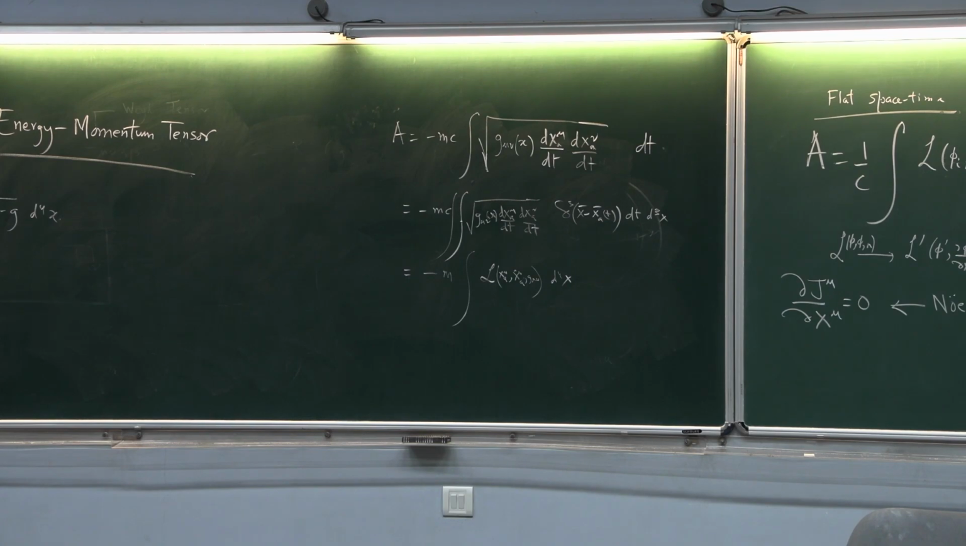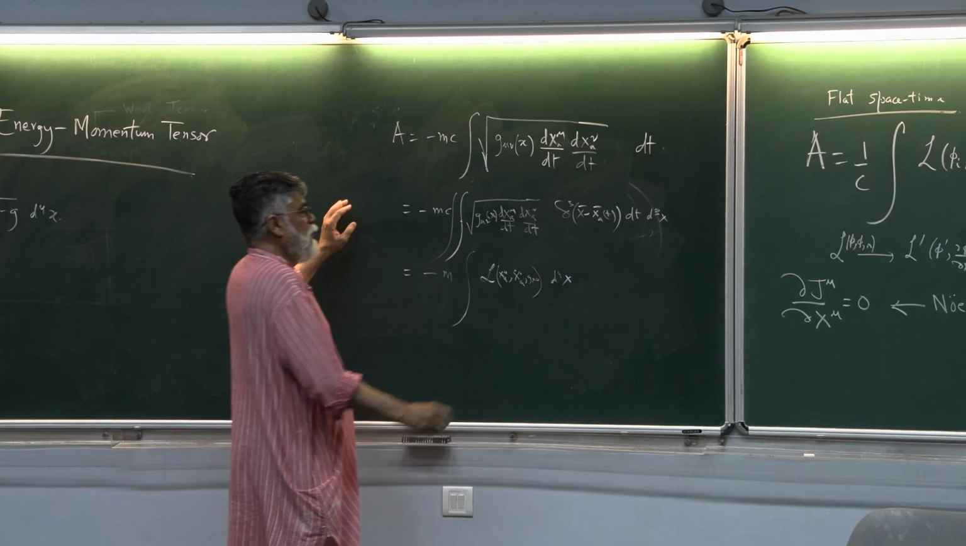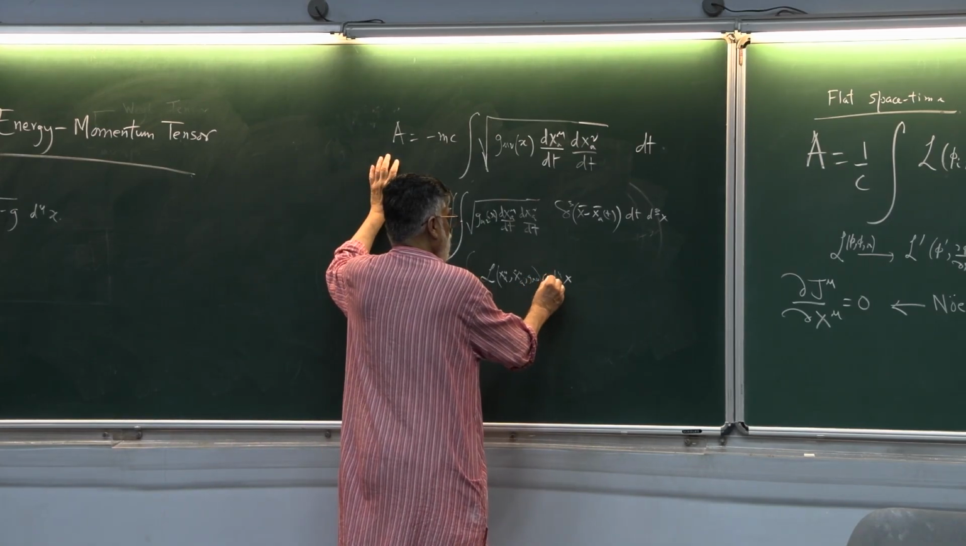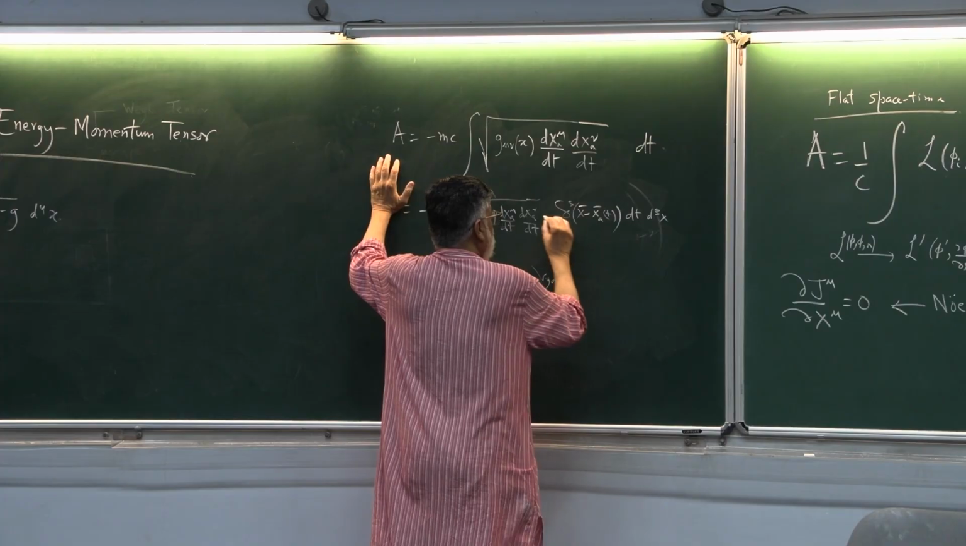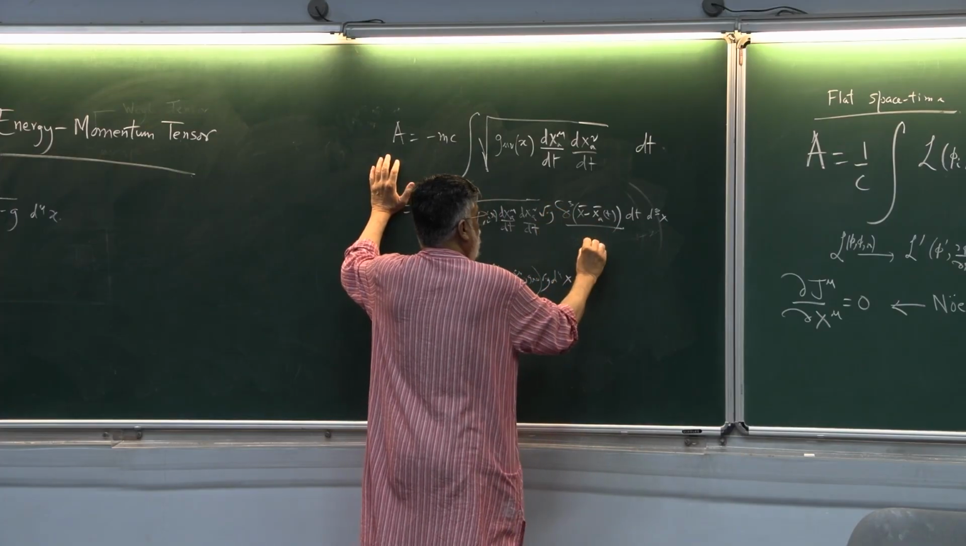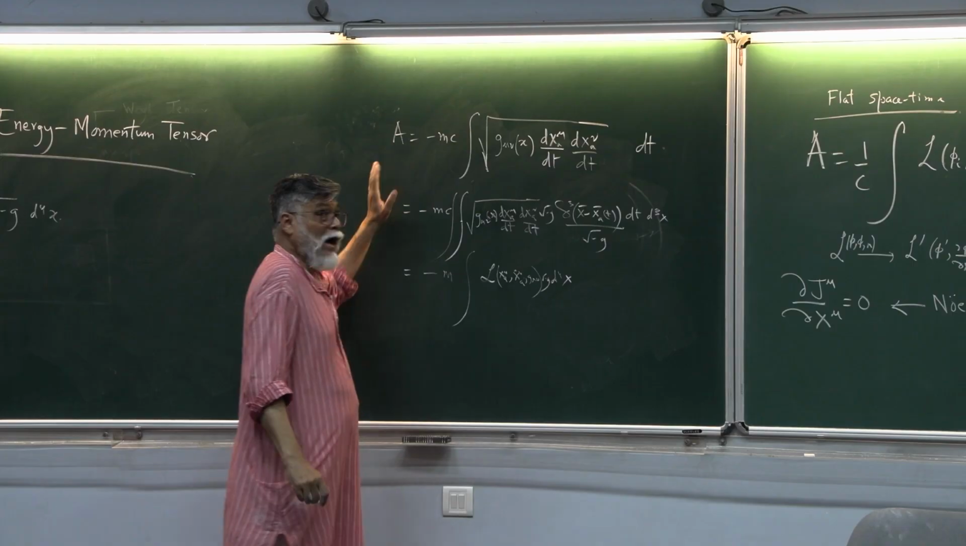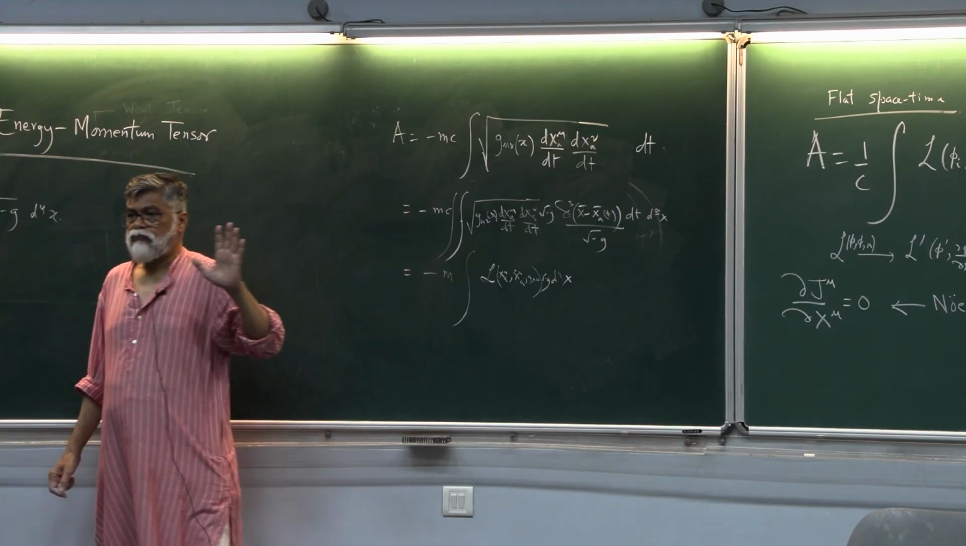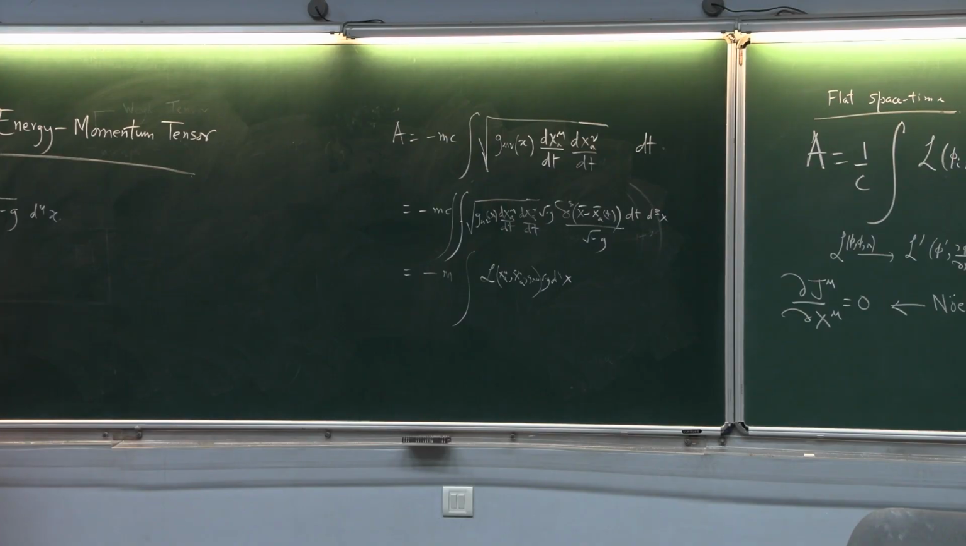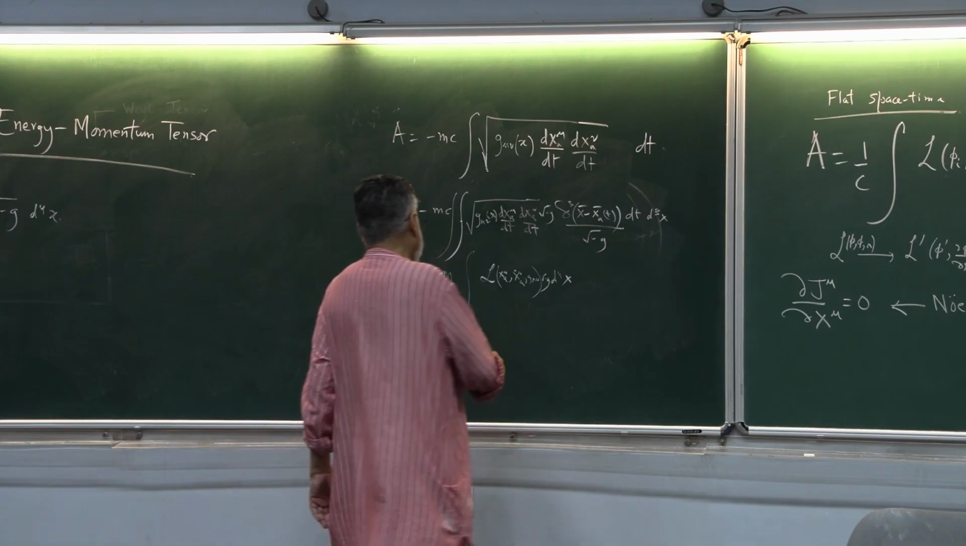Okay. Oh, by the way, I made a mistake, and no one pointed it out. Remember, I have to put a root minus g. So if I put a root minus g here, I have to divide by a root minus g. Why root minus g d4x? Remember, if the Lagrangian density is a scalar and the action is a scalar, the 4-dimensional volume element must also be a scalar. But we know that under a general coordinate transformation,